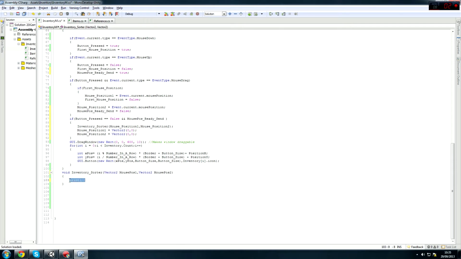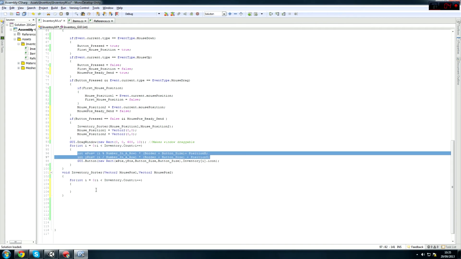So alright. As you see here, we'll get the 2 positions of the mouse now. So first of all, we want to do a for loop here. We want to call it int i equal to 0, i less than inventory dot count, i plus plus. So yeah, then you want to copy paste this thing here,